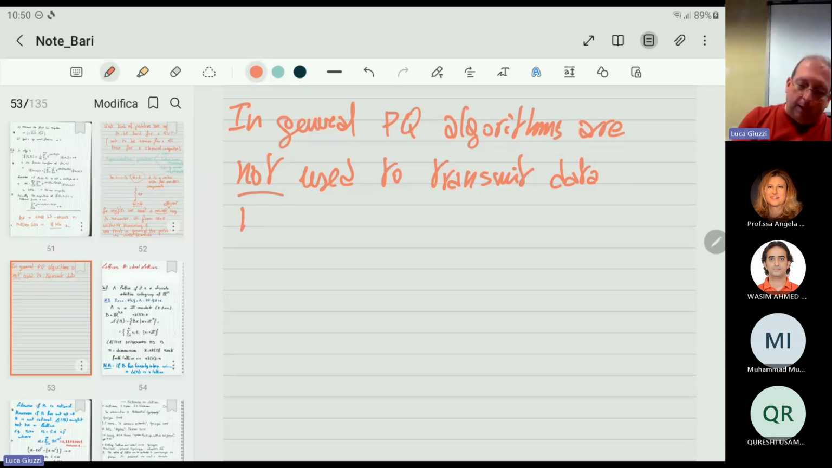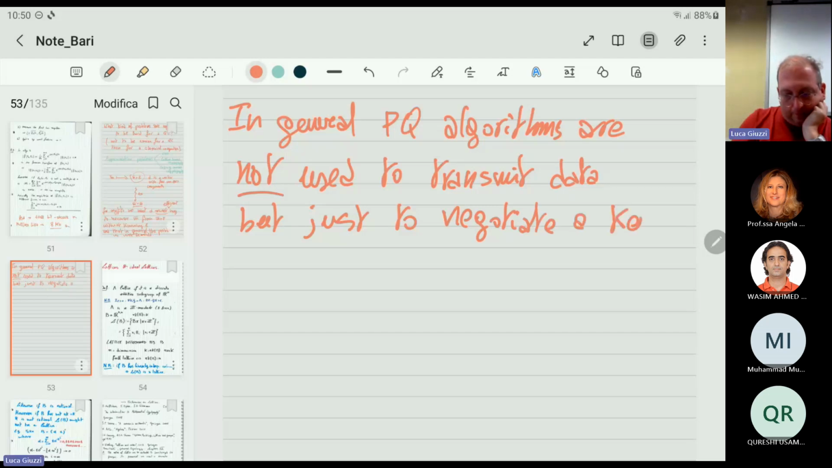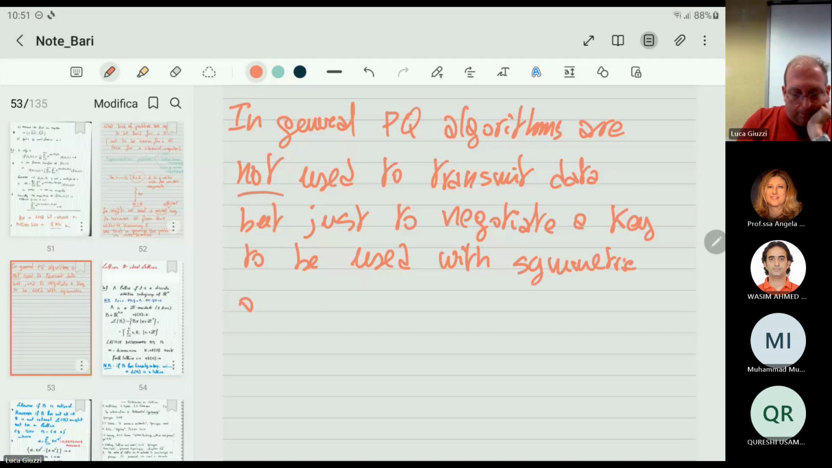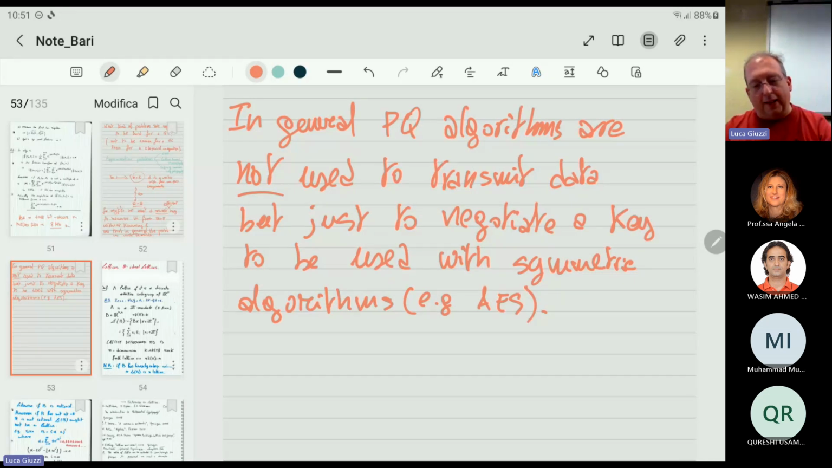To transmit data, but just to negotiate a key to be used with a symmetric algorithm, e.g. AES. This is a remark which I think is important because the way we have seen RSA